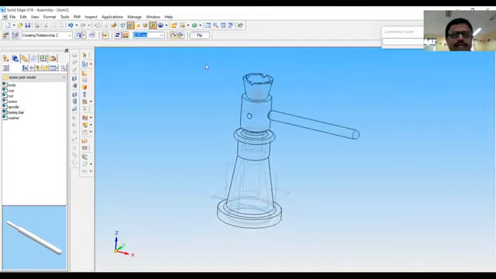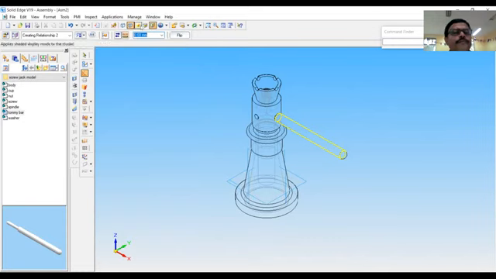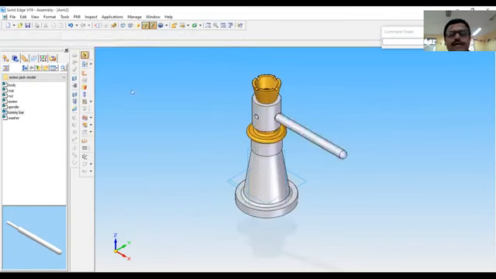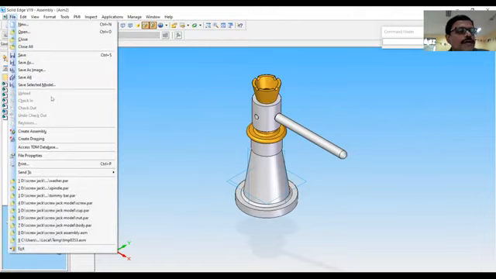Now keep this in isometric view. Now this is the assembly of the screw jack, and this file is to be saved.